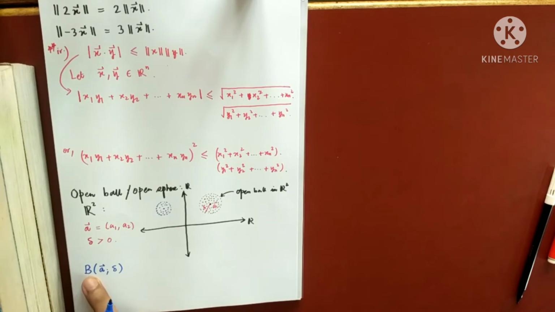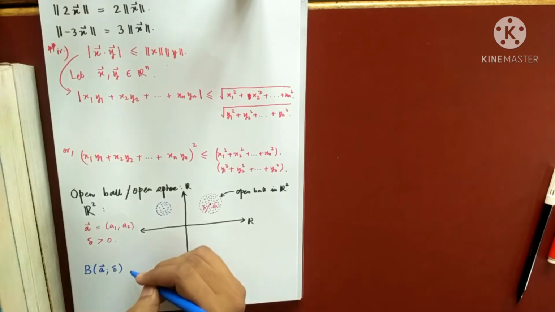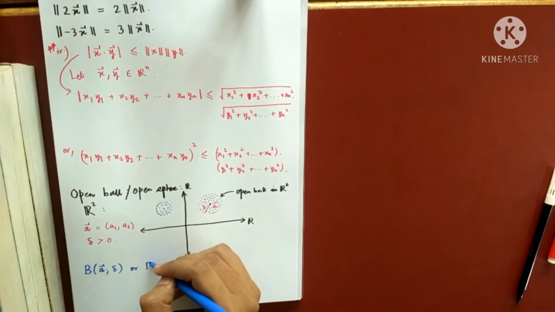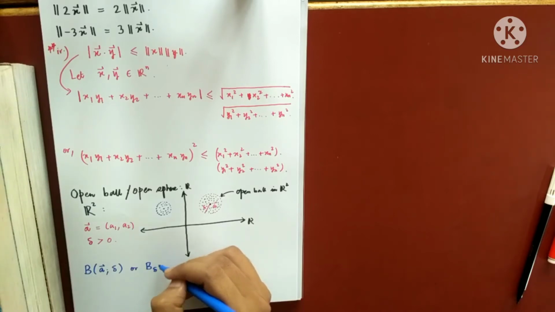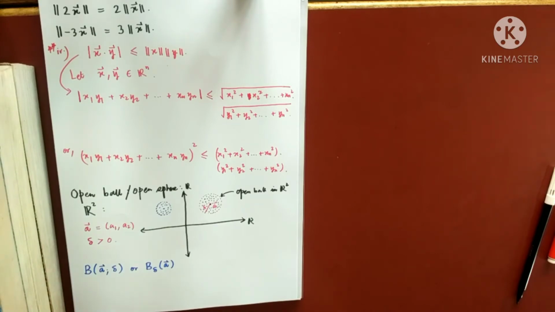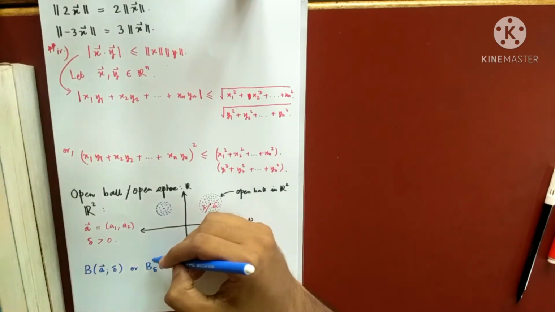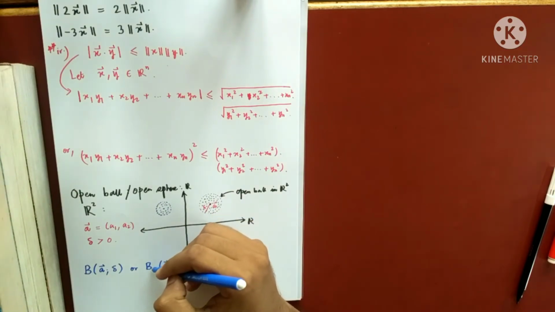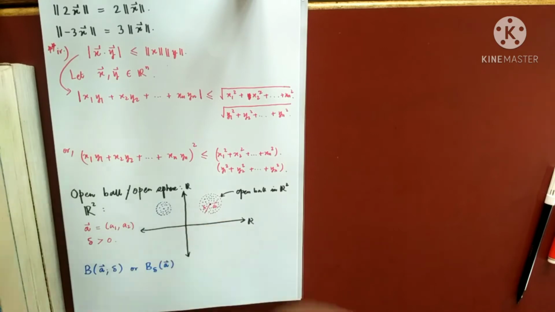So this means this is an open ball centered at A and having radius delta. You may also represent this as B delta, like this. This is another representation; it also means open ball centered at A and having radius delta. This time we will write delta this way. And there are many other representations. Some authors also use S, which also represents an open sphere. I'll not be using that, but it's all right even if you use S. But this will be my standard notation.